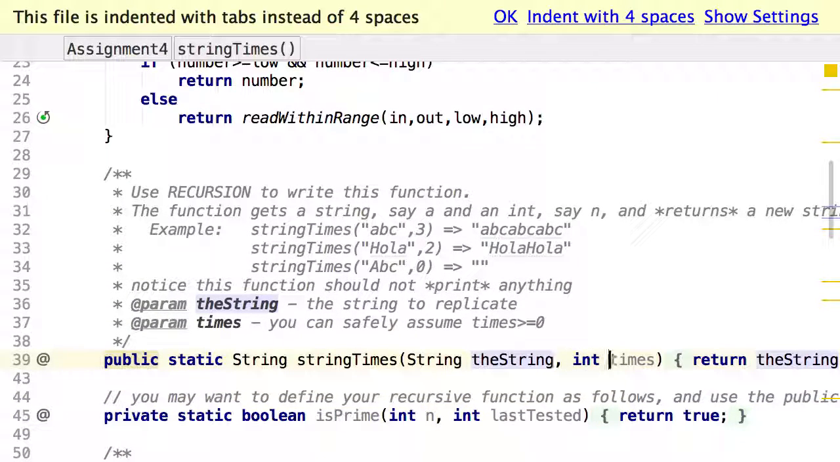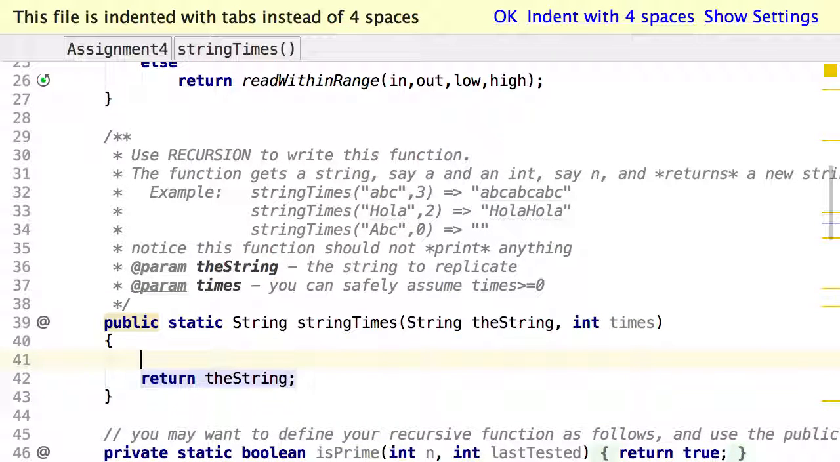String times. Return the string repeated a bunch of times, right? This is basically power, right? Almost factorial, right? It's basically power. But instead of multiplying by the base, we are adding one string, right? So